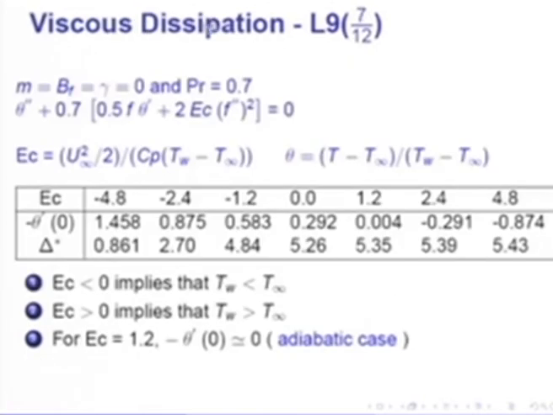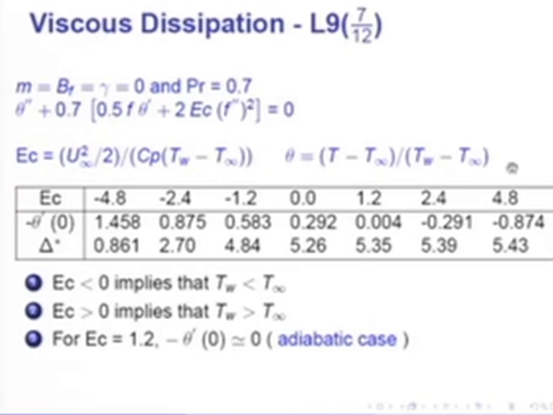Now, we look at the effect of viscous dissipation, and viscous dissipation typically is accounted for when you have very high velocity gradients, du by dy whole square, or when you have very high viscosity, which is mu. So, I am taking here the case of Prandtl equal to 0.7, and assuming that the velocity gradients near the wall are very high, the wall temperature is constant, there is no suction or blowing, and the pressure gradient is 0. Then the governing equation will be this,